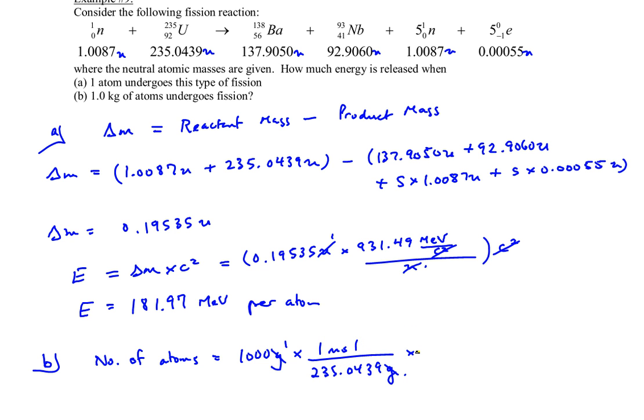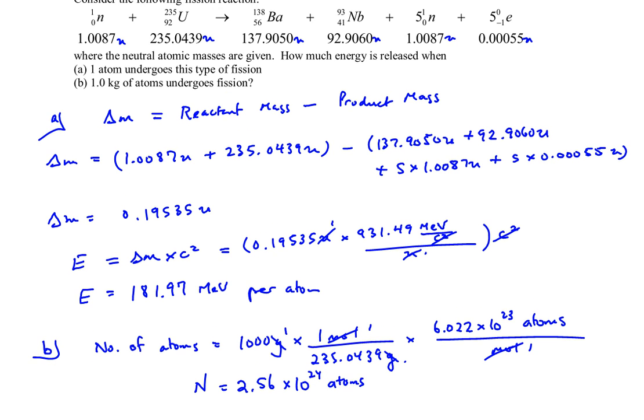And then what's the conversion between moles and number of atoms? Well, hopefully you remember from your chemistry that there are 6.022 times 10 to the power 23 atoms per mole. So the moles cancel out. So our number of atoms is going to be 1,000 times Avogadro's number divided by the atomic molecular mass of this uranium. So that gets us 2.56 times 10 to the power 24